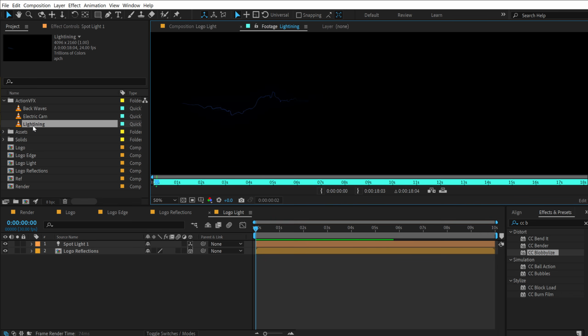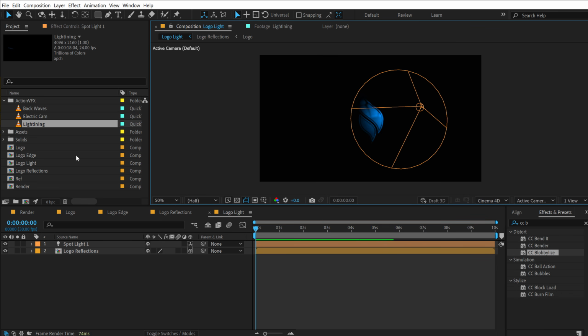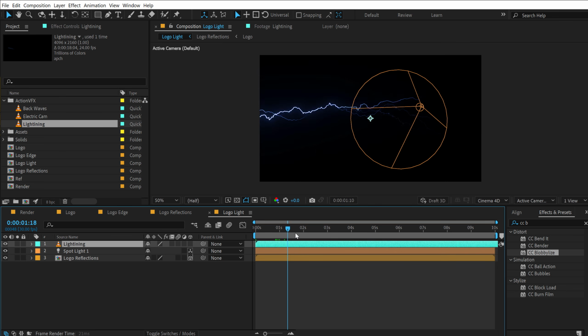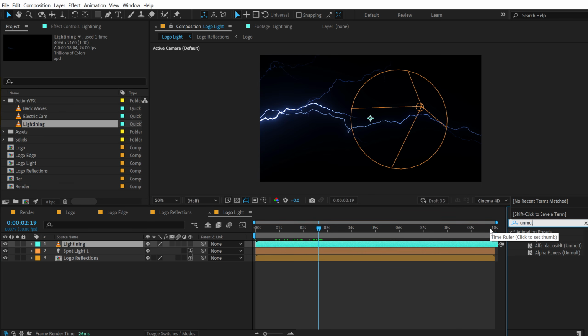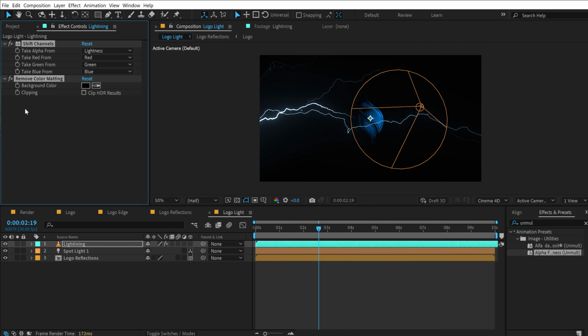So I have this lightning footage, as you can see, so I'll be using this. So what I can do is simply drag and drop it like so. And you can see we have this nice lightning. And then what I'm going to do is go into effects and presets and search for a preset called unmult. This one, and let's drag and drop it onto the lightning, and that will help us to get rid of